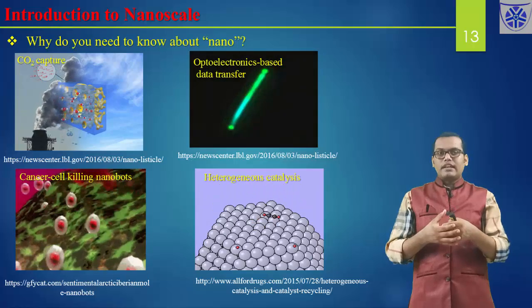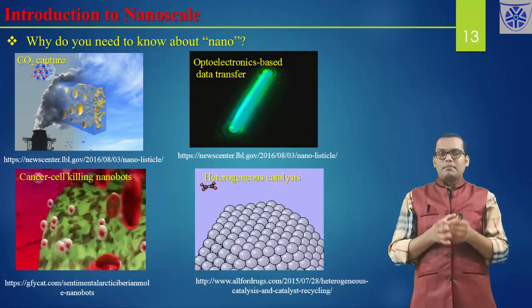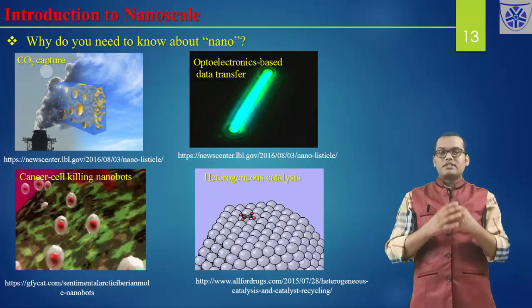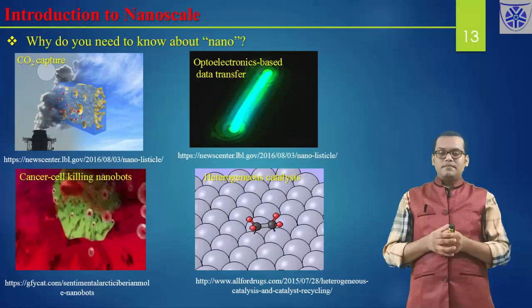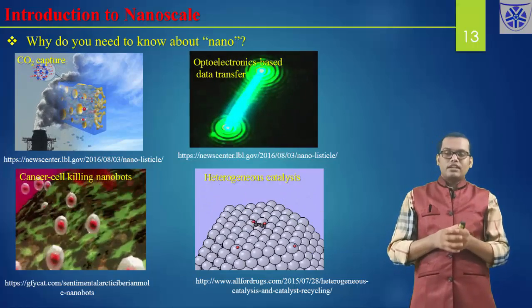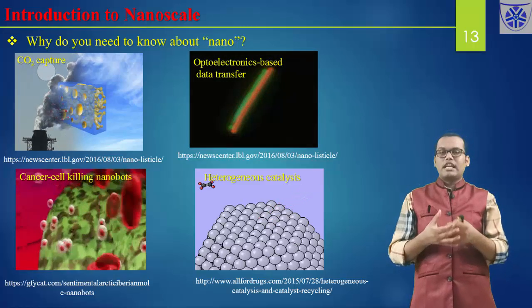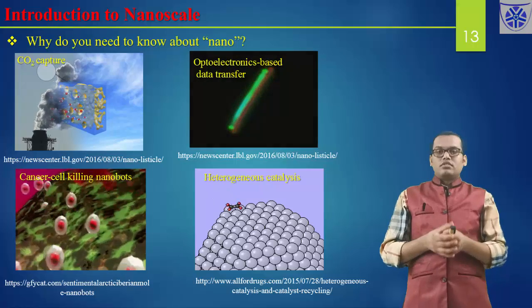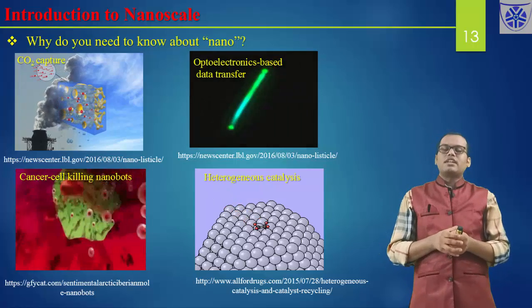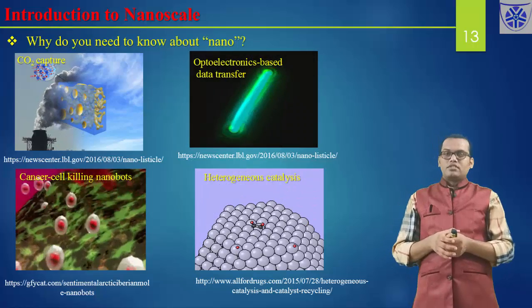By the way, before that I will tell you what a catalyst is. You know what a catalyst is, right? A catalyst means a material which brings down the activation energy of the reaction path, and at the final stage it is not consumed. So it basically helps to increase the rate of the reaction by bringing down the activation energy, and it is not consumed in the reaction. So that is the catalyst.